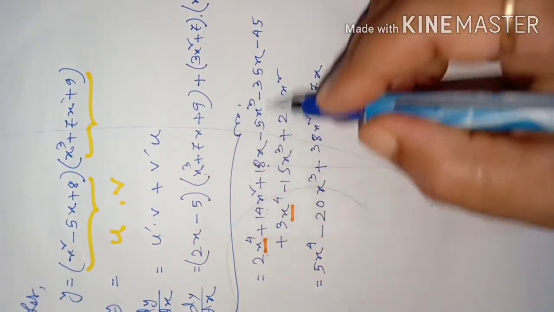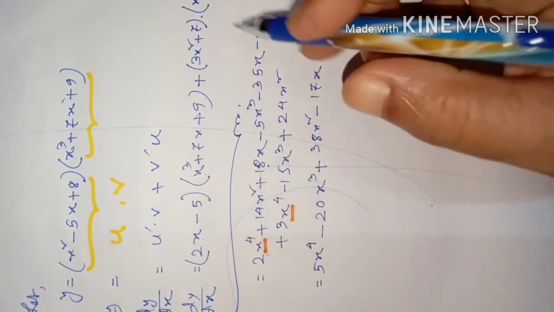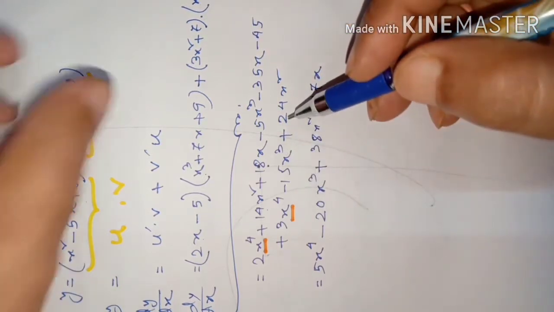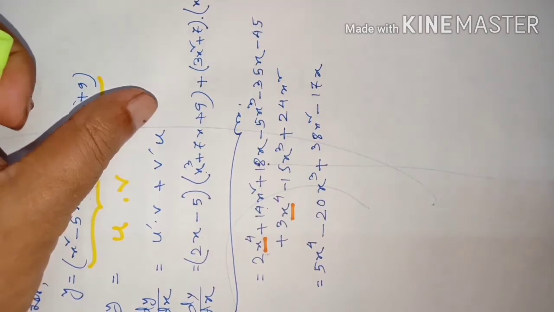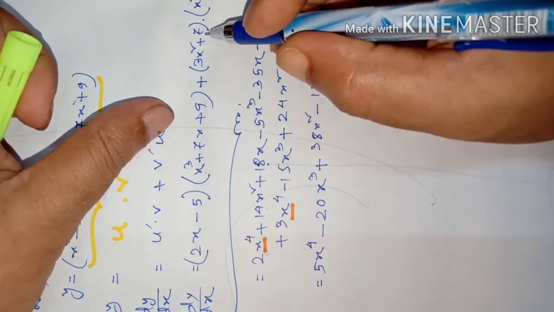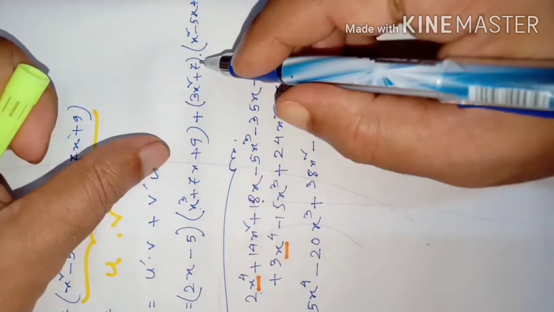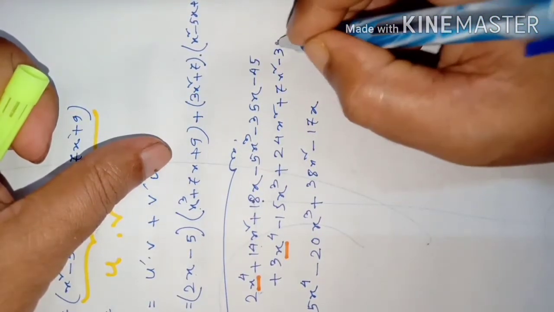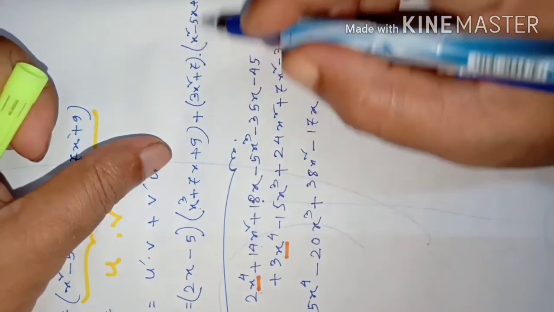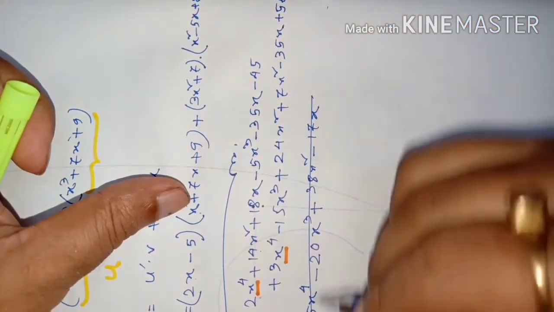Minus 45, and then 7 is a 56. I forgot to write 7x square. Where is this 7x square part? Students, just you see, I made a mistake. After multiplying 3x square, I have not multiplied by 7. 7x square, plus 7x square. Then 7 into 5, 35, minus 35x. Then 7 into 8, 56. So then it will increase again.